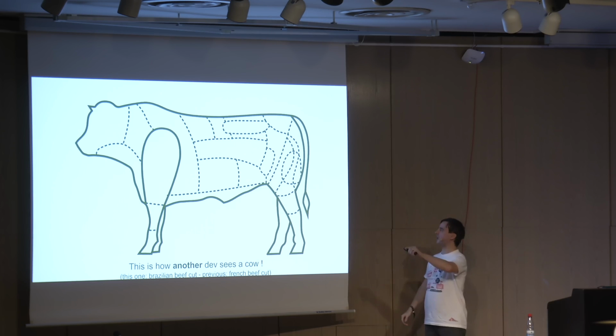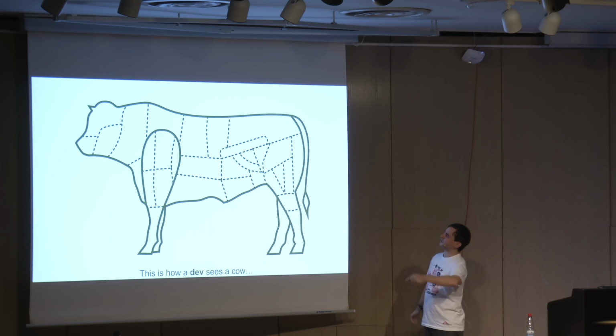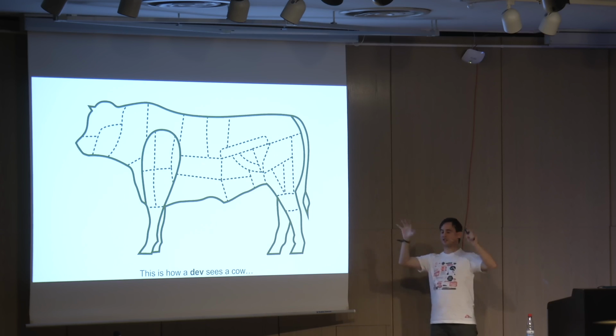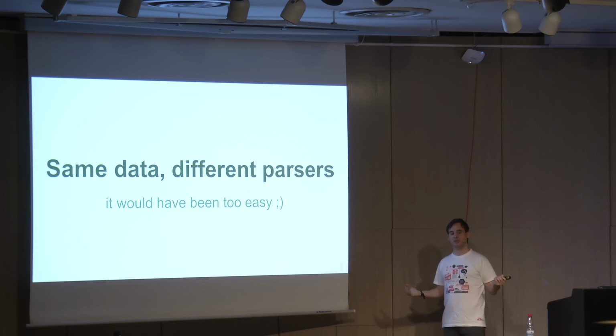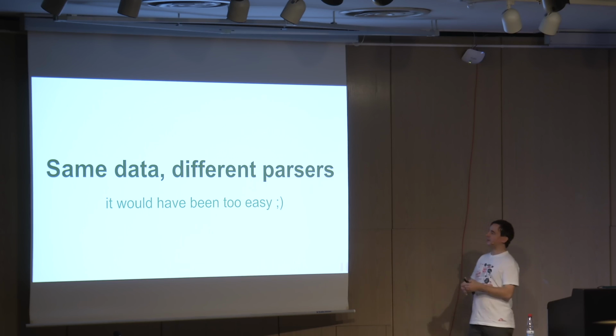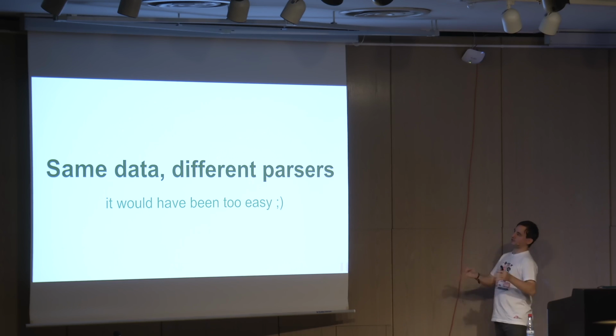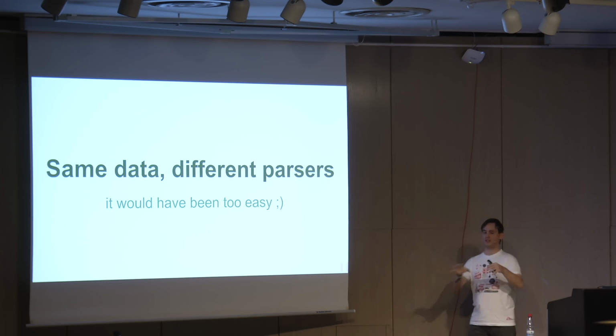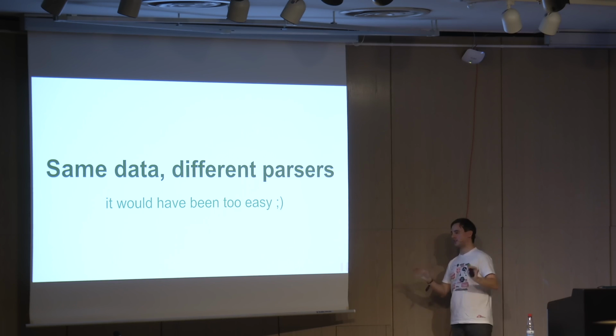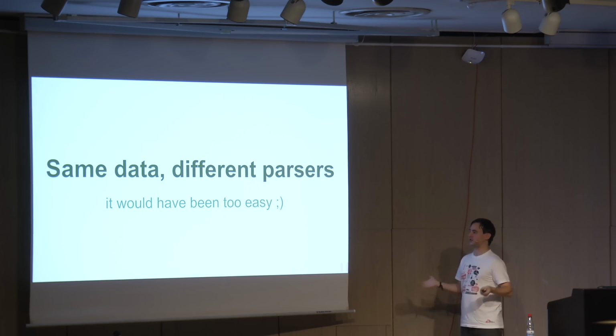So this is the French beef cuts of a cow, the official beef cuts, and these are the Brazilian ones. So you see, it's the same data and a different parser, a different interpretation for a different implementation of cow parsing. It would have been too easy, like mankind really not just sucks with computers, but also with cow parsing. So as you see, the same cow can be seen in completely different ways. I mean, okay, the head is still the head, luckily, but the parts are different because the standards are different.